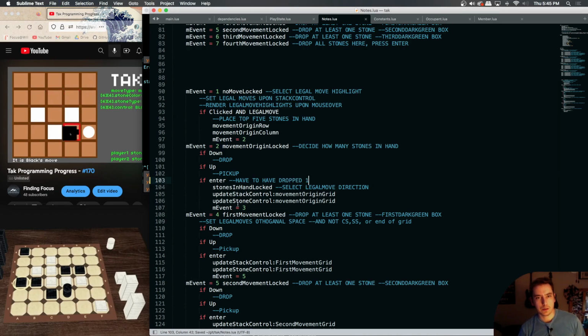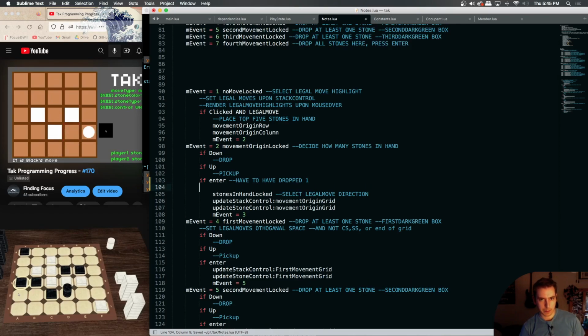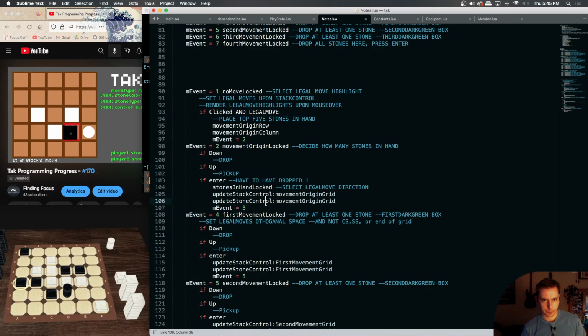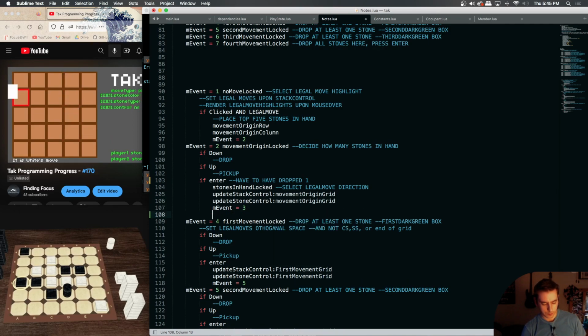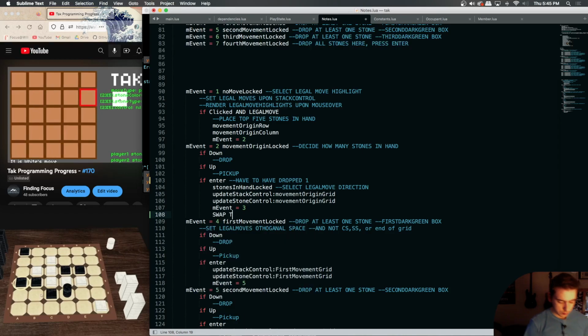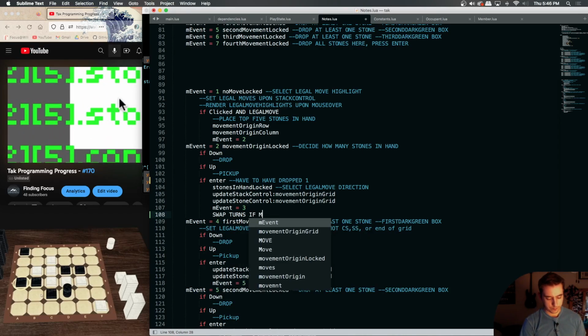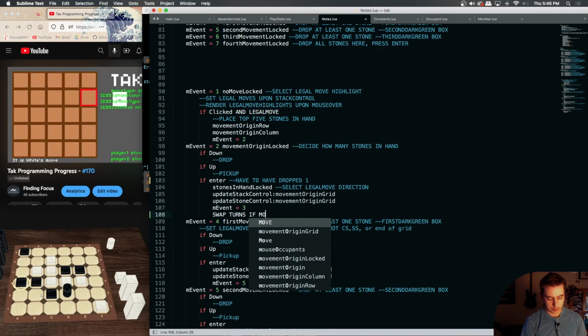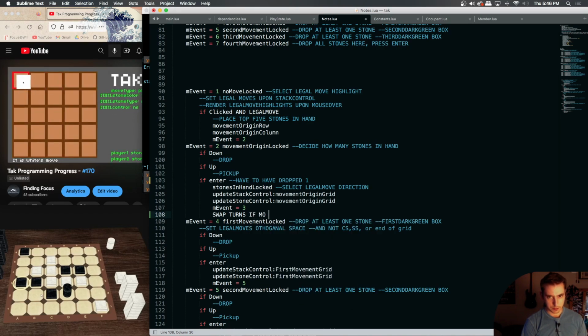And then we need to do some special thing where we also need to say swap turns if mouse occupants is equal to 0. So we can do